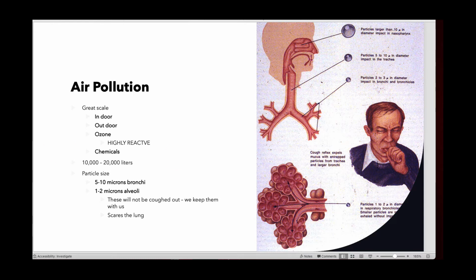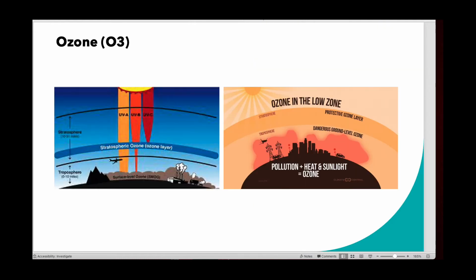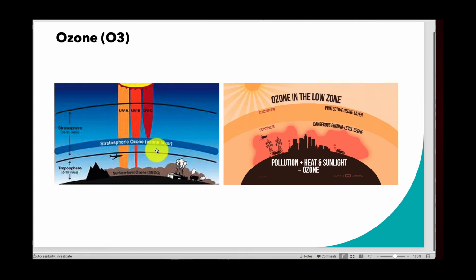So let's talk a little bit about ozone, because there are 2 types of ozone, right? We have the friendly ozone, right? We have the one that is the good ozone, which is in the stratosphere, right? And we know that it's basically produced by the interaction of ultraviolet light, radiation, and oxygen, right? And we know that it is a protective layer. It promotes life on Earth, and it absorbs most dangerous UV radiation emitted by the sun so that the sun doesn't turn us into crispy critters.